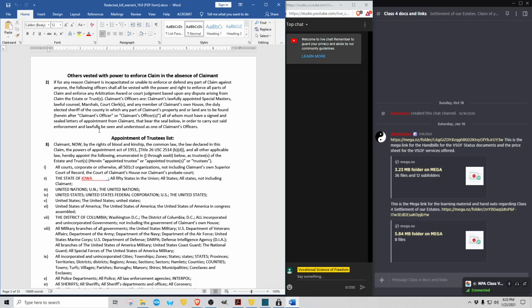So everything that the estate and trusts are. So we're appointing trustees to everything that we said the estate and the trusts are in the first paragraph. Okay. So herein, appointed trustee or appointed trustees or just trustees. All courts, that's any court in the entire planet, period, that wants to try to administer your estate, they automatically go under the bus.